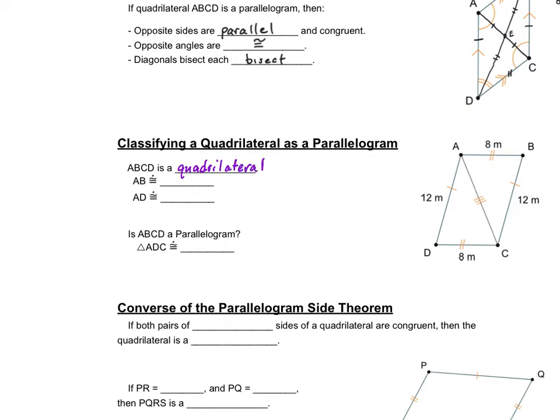And I know that AB is going to be congruent to DC, and also that AD is going to be congruent to BC, because those are some of the properties that we know. Then, is this a parallelogram? Well, according to our definitions above,